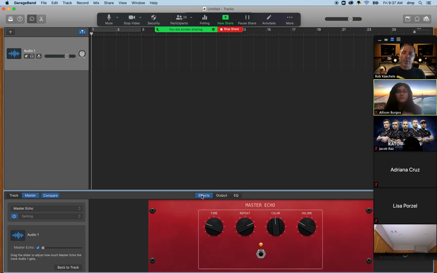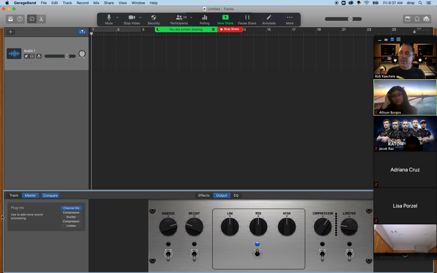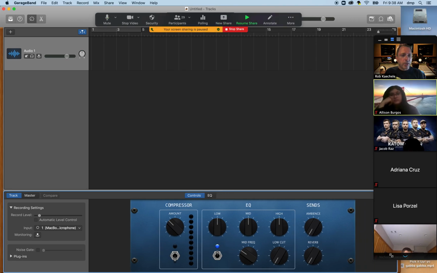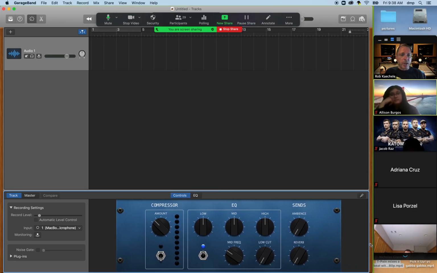Okay. So what I'm going to do is play with it track by track, not master. And I'll show you just a little sampling of that, but my goodness, that is a very expansive window of opportunity to change your sounds when you want to. All right, I also want to modify my GarageBand screen so that I can see it